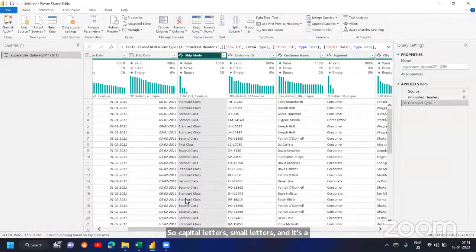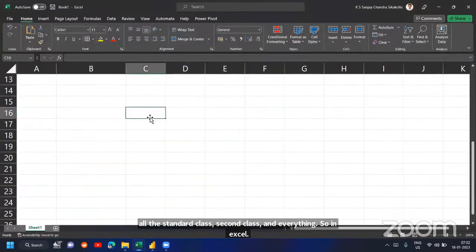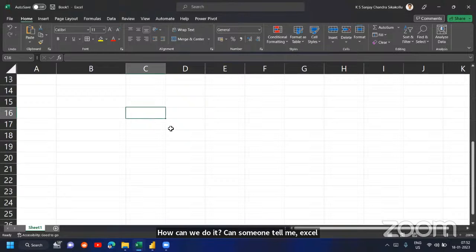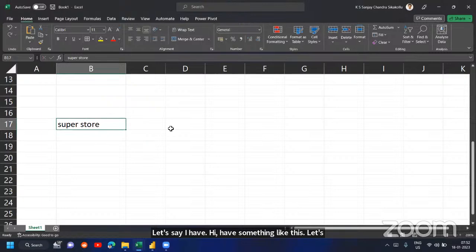Now for the shipping mode, let's assume that I want everything in capital letters: standard class, second class, and everything. In Excel, how can we do it? Let's say I have Superstore and I want it to be in capitals. In Excel, how can we convert it into capitals?